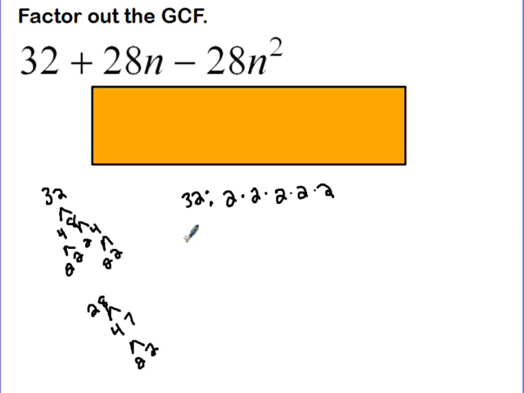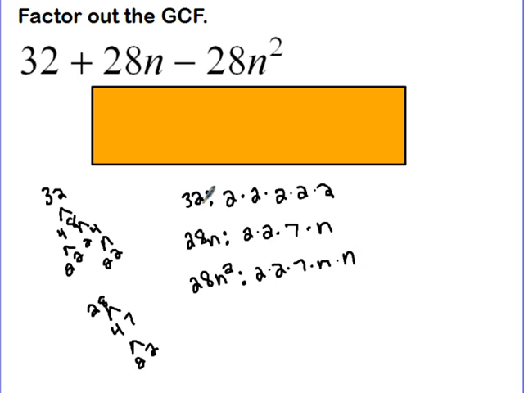So I know that 28n would be 2 times 2 times n. Alright, this negative 28n squared, so I could say, okay, this again would be, oh, let me go back up here. I don't think I included my 7. 2 times 2 times 7 times n. So here I would get 2 times 2 times 7 times, this is n squared, so it'd be n times